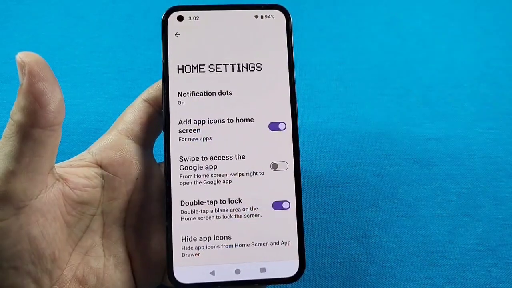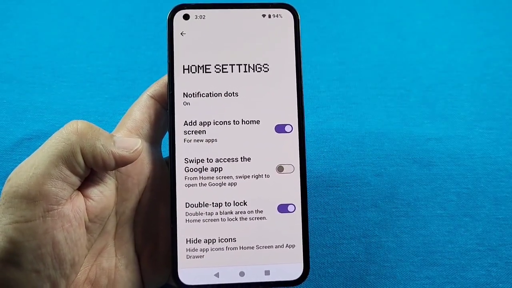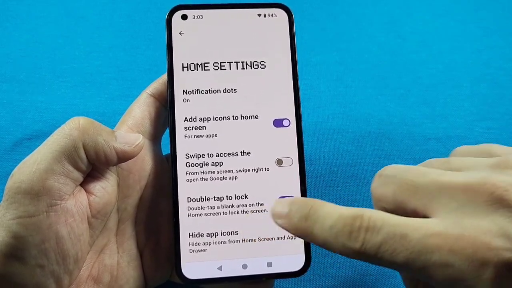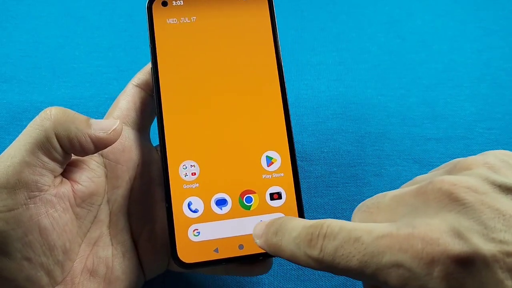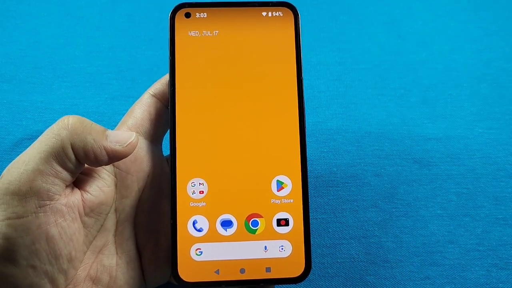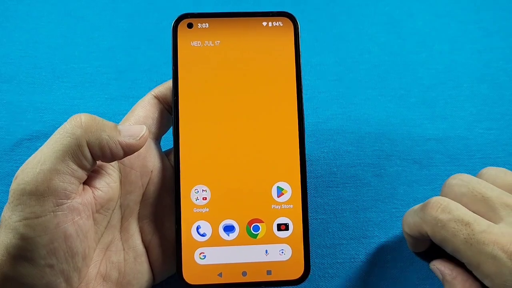And if you don't have the latest update, there is possibly one more feature, which would be the search bar on the home screen. There should be a switch to turn it on and off, and that'll allow you to remove this one right here. Now, if you don't see the option to remove the search bar, the other way you can find it